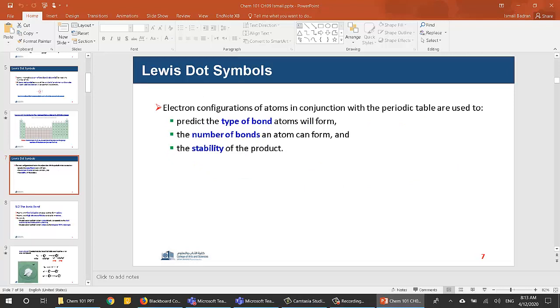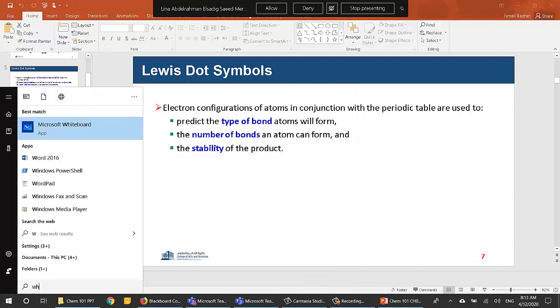Now Lewis structures are actually used to predict the type of the bond. So if it's single, double, or triple bond, or whatever, we can know the number of the bonds between the elements, and therefore we can determine the stability of the element. So just to practice this quickly here,